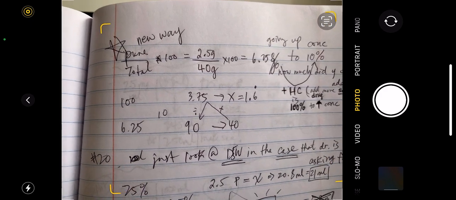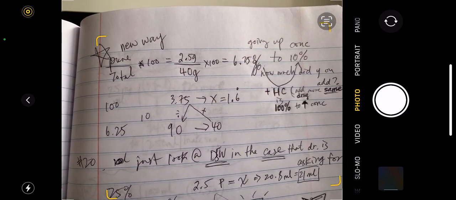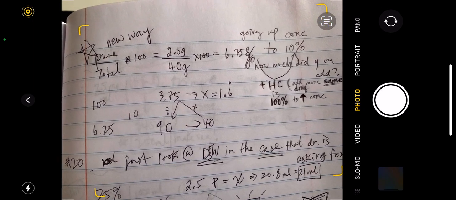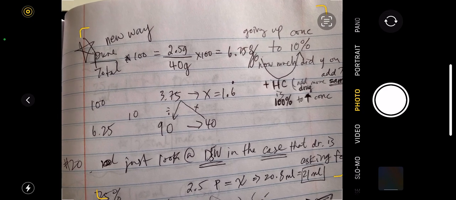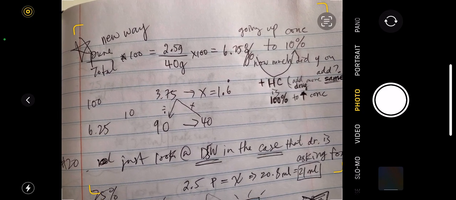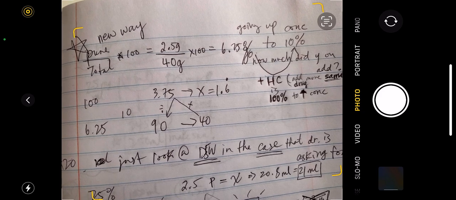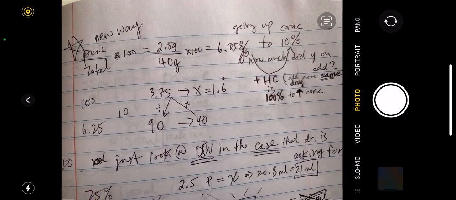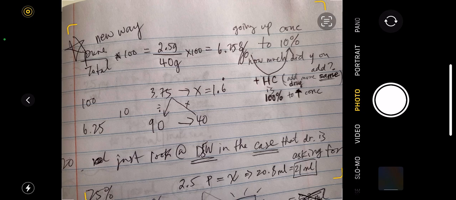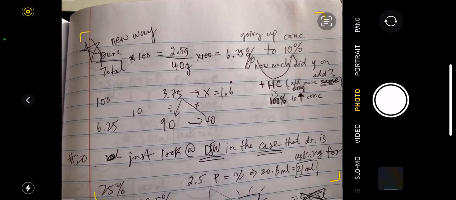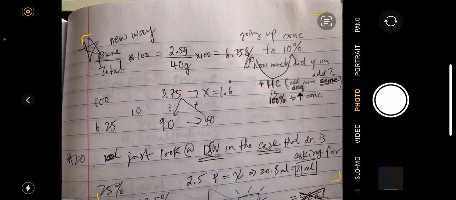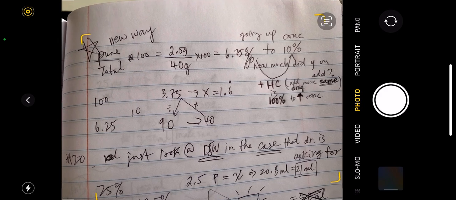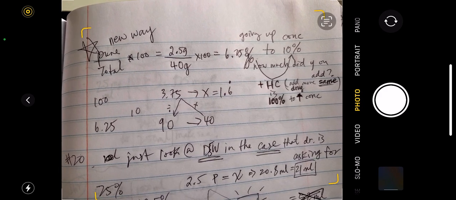So you have to know that it has to do with concentration, right? But there's a method to do it. This is a new way to approach. You take the pure hydrocortisone over the total and then times 100 to find out the percentage of that hydrocortisone. So 2.5 grams over 40 grams times 100 equals 6.25%